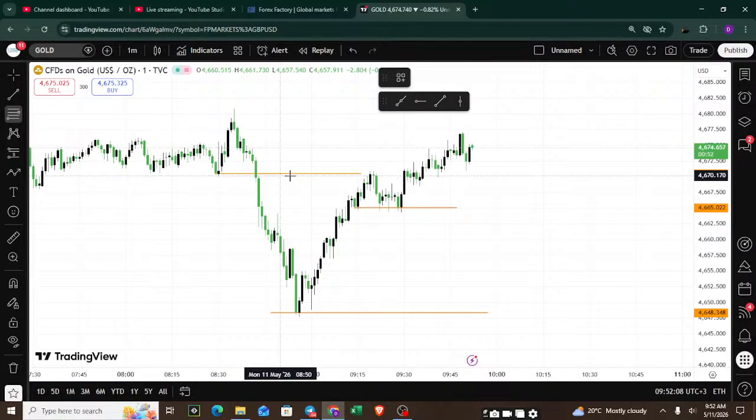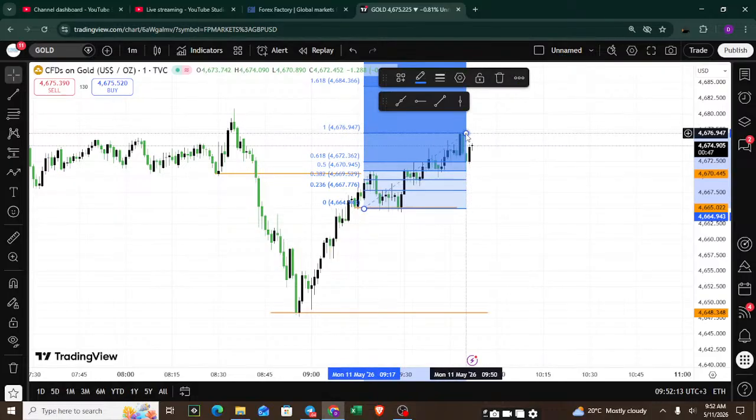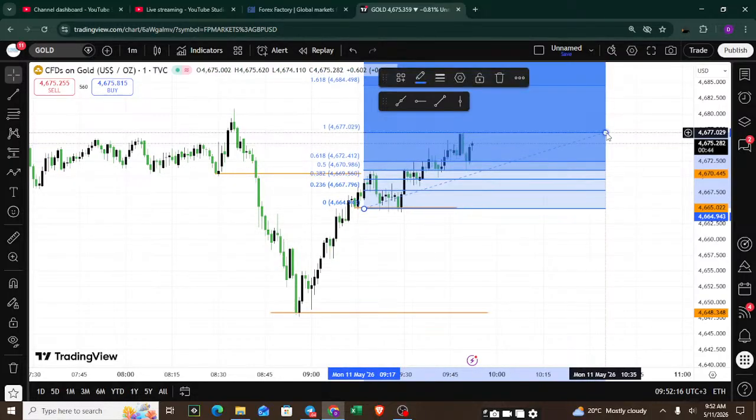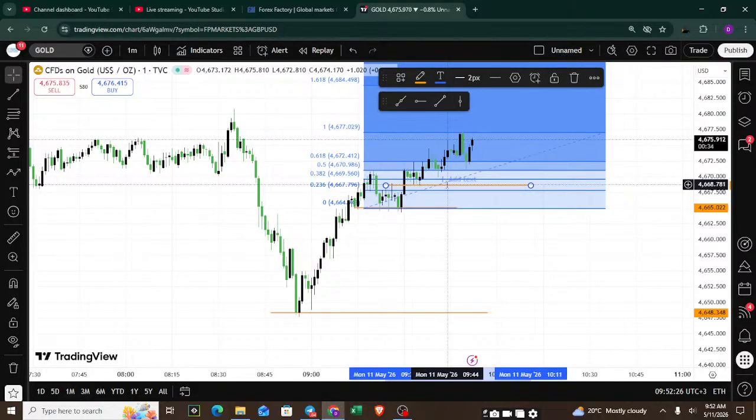So based on this new structure, now the best level to get in will be, that is, if we are going for a buy. If we are going for a buy, the best level to get in will be this level now. Okay? And this buy is based on the idea or the belief that since price has invalidated a clean 23 and 38 level, then it is me as a trader who was wrong. That means my bias was wrong and the market is buying.